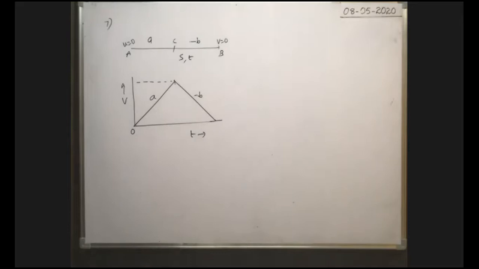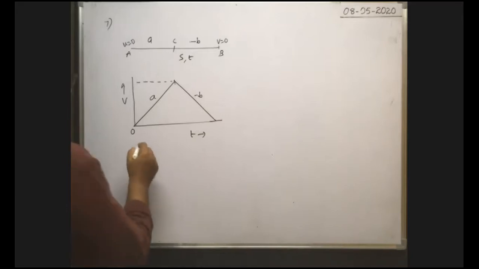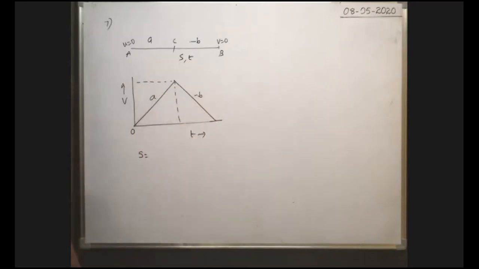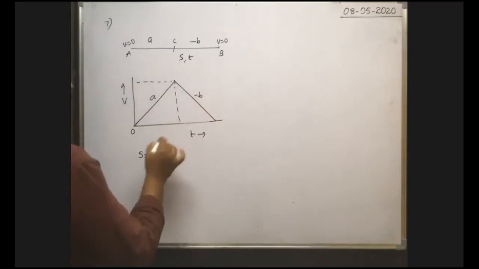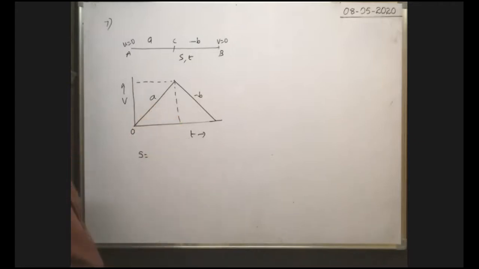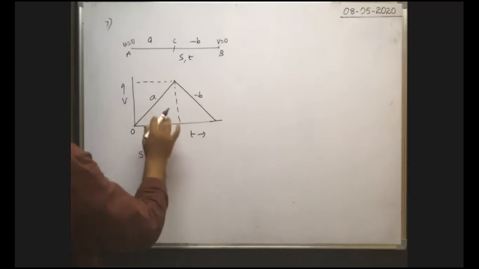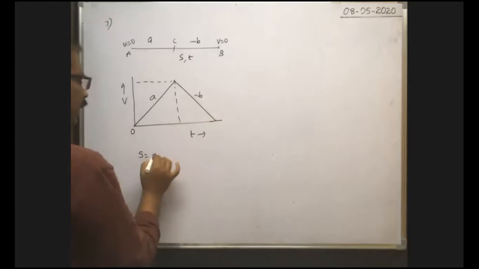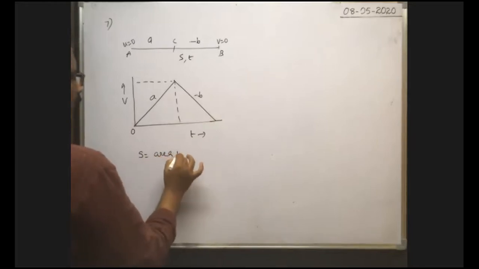Okay, now the total distance traveled is equal to, already we derived the formulas also. If you have an idea about that formula, we can do it directly. If you don't have an idea, then we have to derive it. Okay, total displacement, total distance traveled is equal to the area under the graph, no? As it is the velocity time graph, total distance traveled is equal to the area under the graph, which means v into t. V into t is the distance, no? That's why to obtain the total distance traveled by this train from one station to another station, you find the area under the graph.